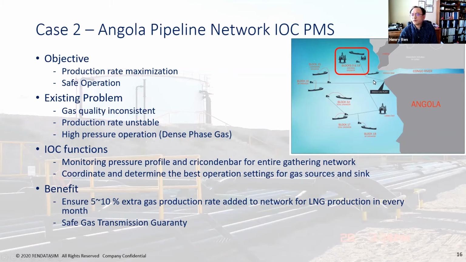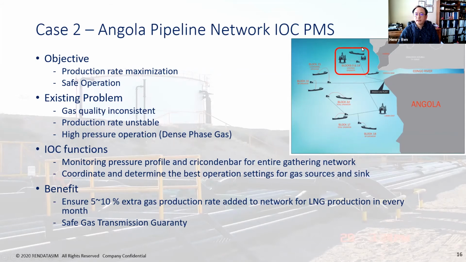One is for the three trunk lines. Actually, this is the wrong line. This is directly the three trunk lines that go to the Soyo Angola LNG plant. Later on, after two years, from 2009 to 2013, we designed it. Then every year we helped to improve their system, because they monitor all the gas to the Angola